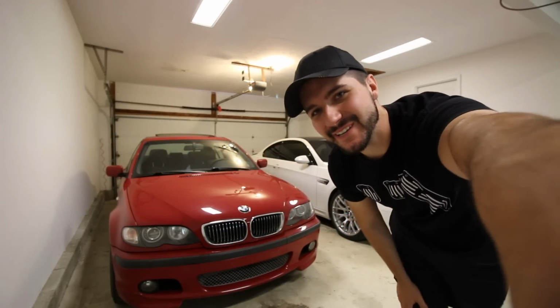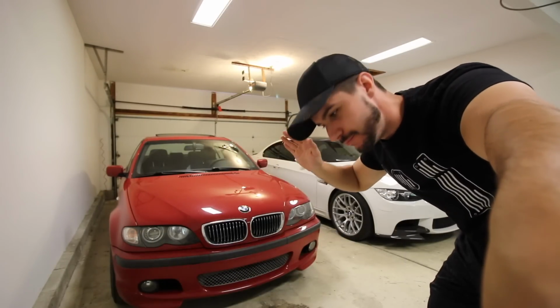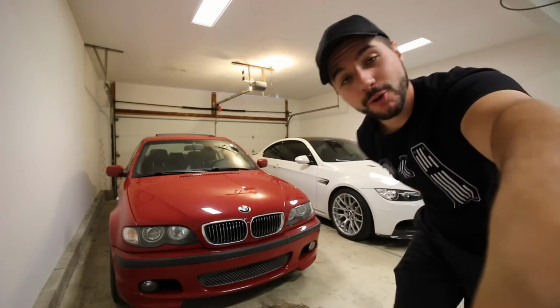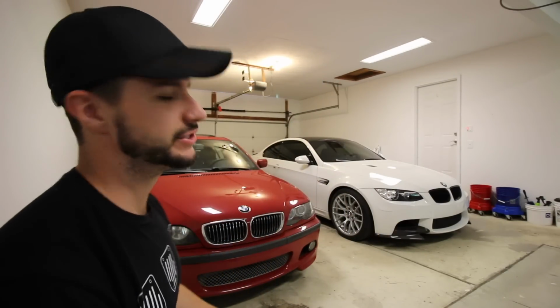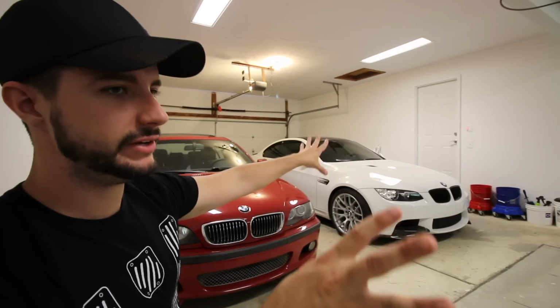Look what we've got here, guys. We've got a 2003 BMW E46 ZHP in Imola Red. So this is the new daily driver, guys. I am so excited. Obviously, we have lots of room in the garage, but more than anything, daily driving the